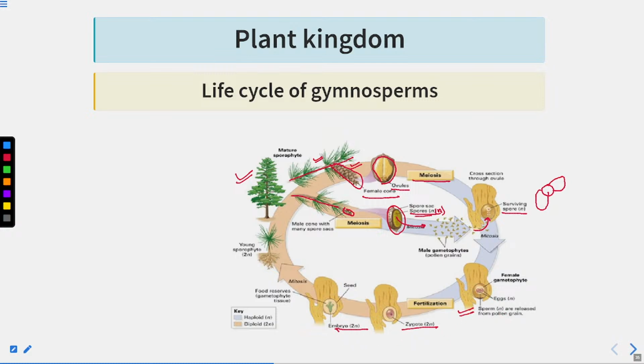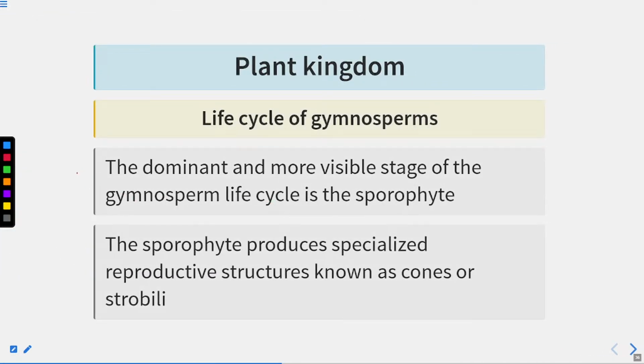Zygote changes to the embryo, and when the seed is sown, it gives rise to the young sporophyte, right? So this is the life cycle of the gymnosperm. Here we can see some of the important points. The dominant and more visible stage of the gymnosperm life cycle is the sporophyte. If you remember, in bryophytes, the gametophyte is the main plant, whereas in pteridophytes, the sporophyte is the main plant. Similarly, in the gymnosperm also, the dominant